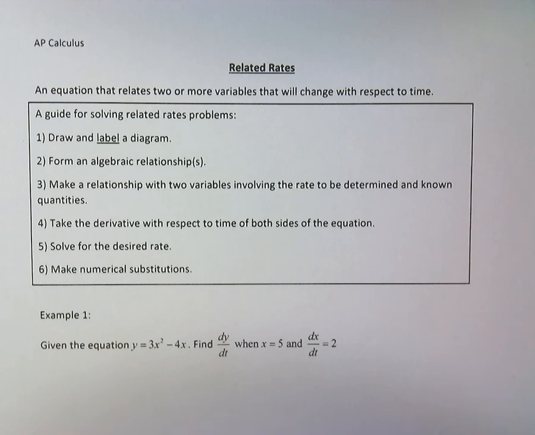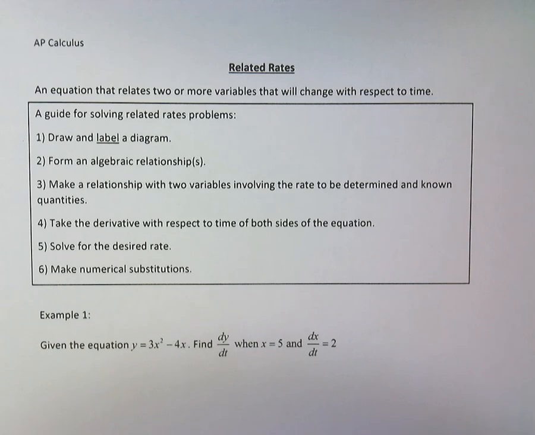The AP Classroom has some wonderful videos really breaking it down, and I wanted you to start with understanding the units. Because if you understand the units in a related rate problem, I think it makes the problem less confusing. So a related rates problem is talking about how two or more variables are related, and it's always